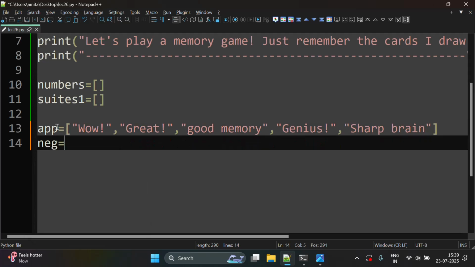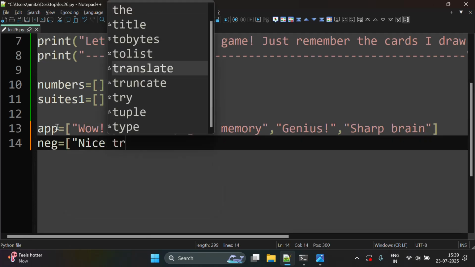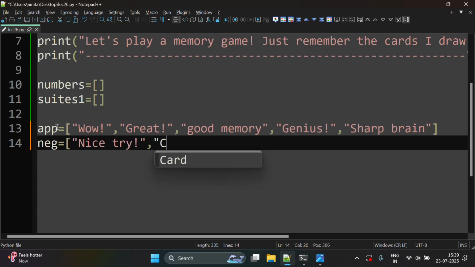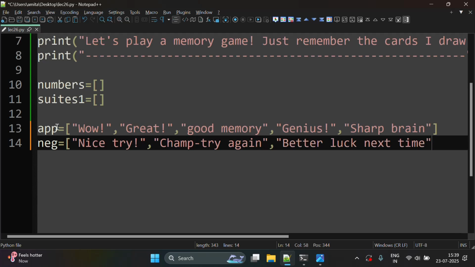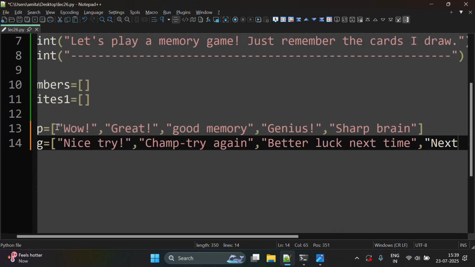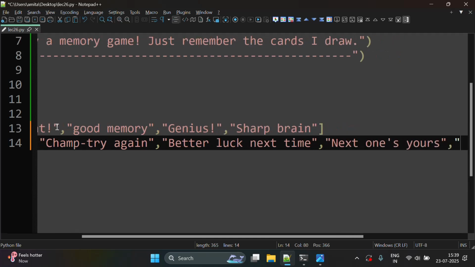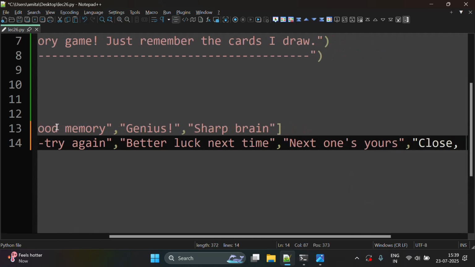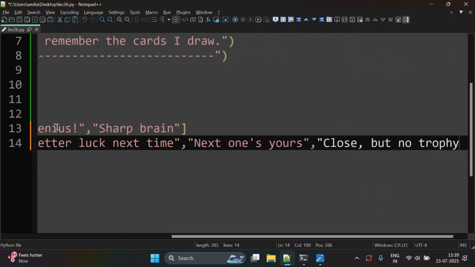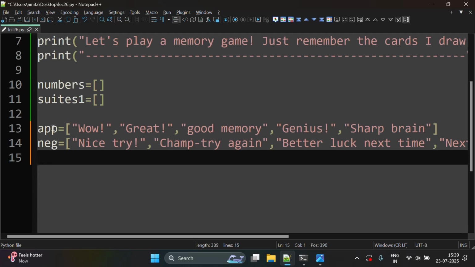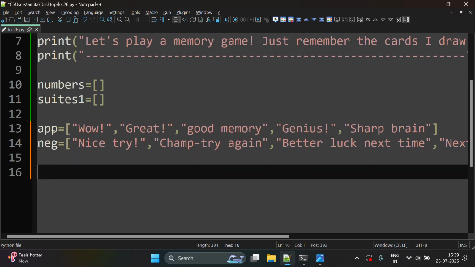and for the other list we can say nice try, jump, try again, better luck next time, and then next one is yours. Also we can add one more, close but no trophy. So we have added 5 statements to each of the lists,